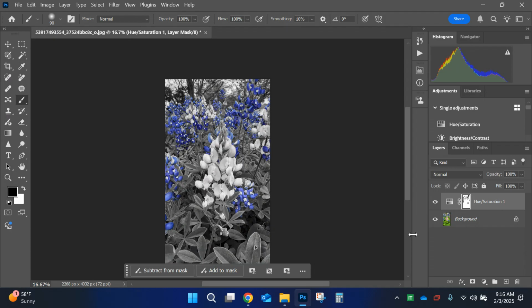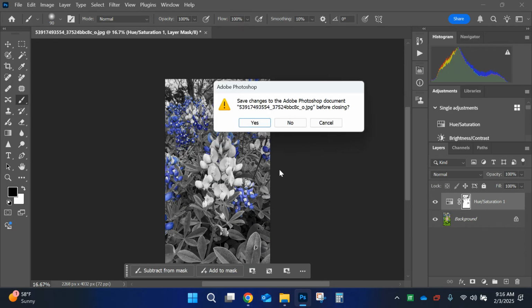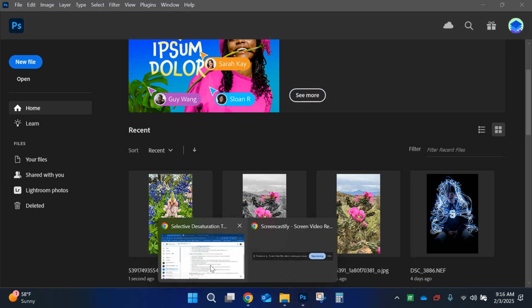Okay? Depending on your theme, is it an object or a type of collection of objects? Is it just one color? Depending on your theme, you're going to be looking at different things. Depending on what your actual subject or your photo is, you're going to be looking at different things. If I had